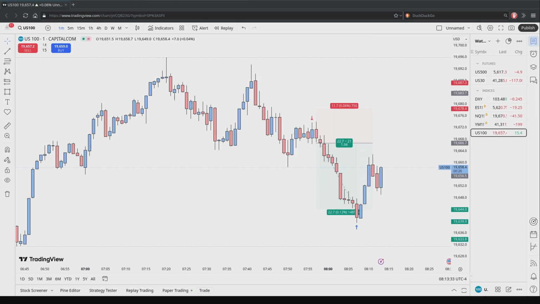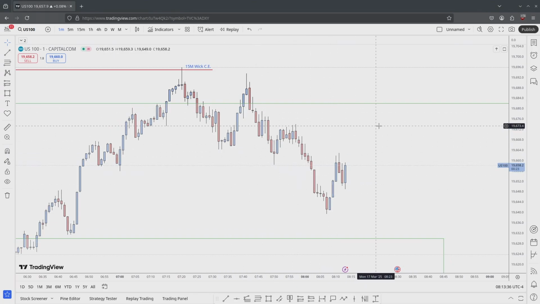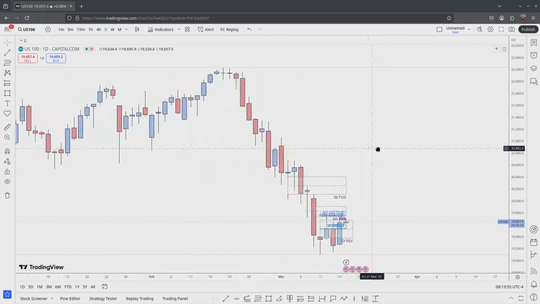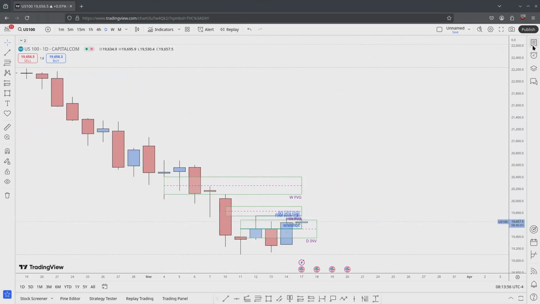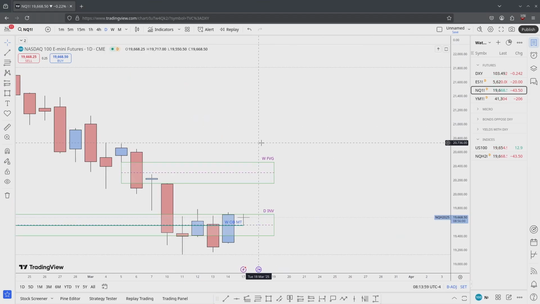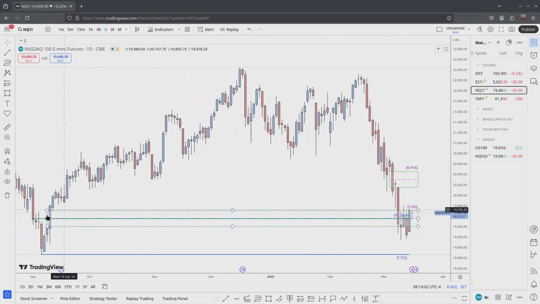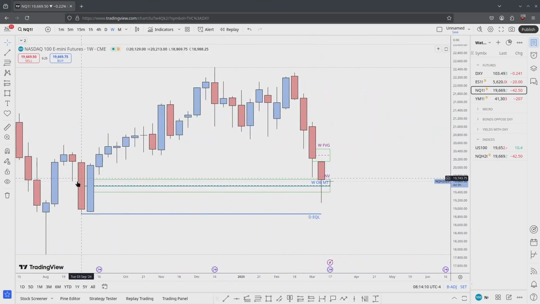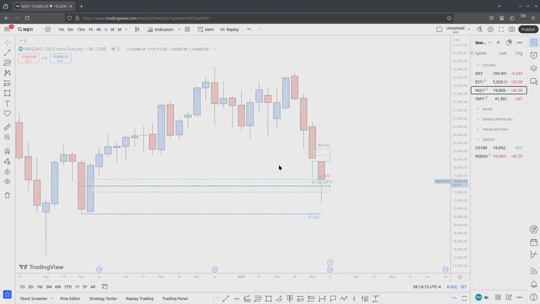Before we go over that, let's go over to the US 100 and let's go over the reason why I took this position and what I'm expecting as far as a daily bias. So if we jump up to a daily, first off, let's go to NQ so things can be clear. We have a daily inversion and we have a weekly order block mean threshold here. Those are the levels on the charts.